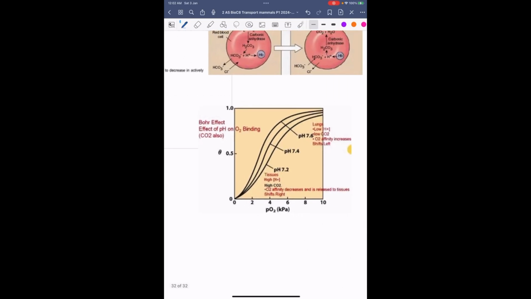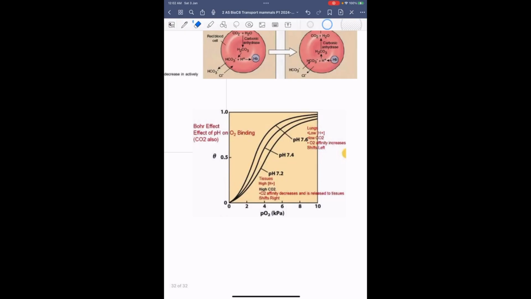So when we look at this curve, you can see these curves are divided into two regions. Here is an increase in the partial pressure of oxygen, from 2, 4, 6, 8 until 10. And here will be the percentage saturation of the hemoglobin with oxygen. So we can see that when the partial pressure of oxygen increases, it will increase the affinity